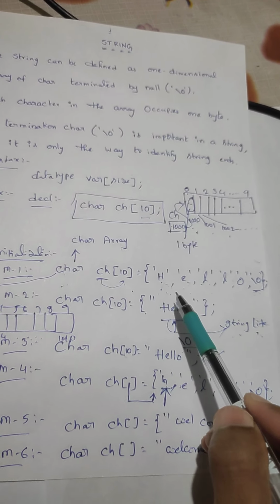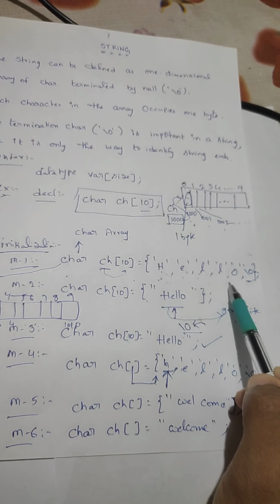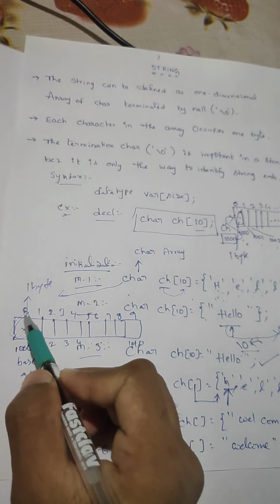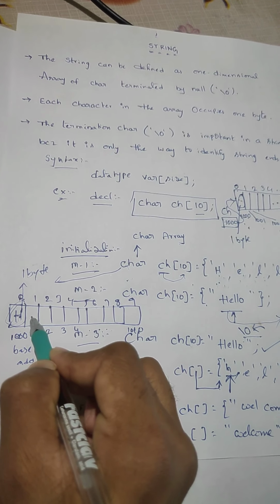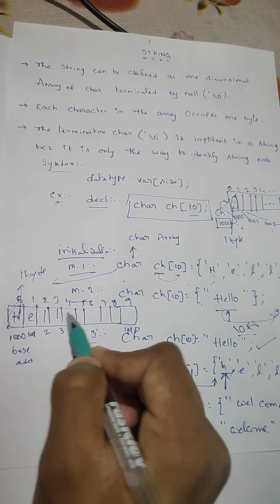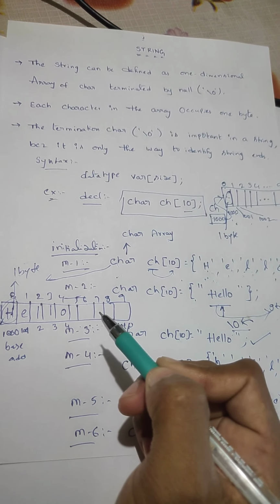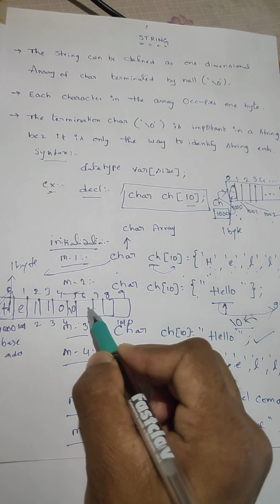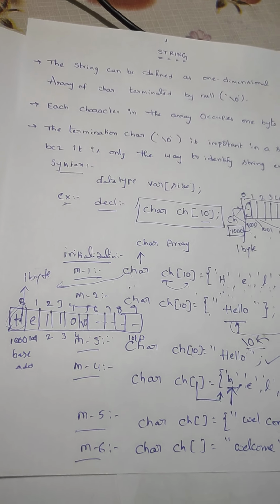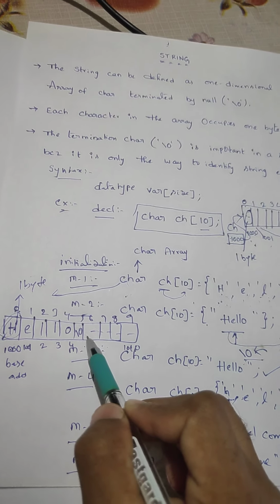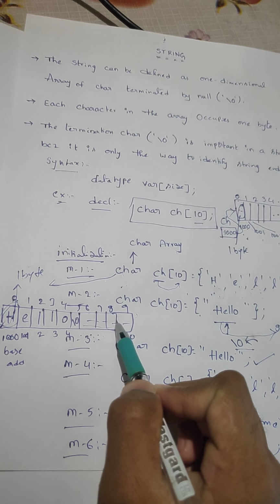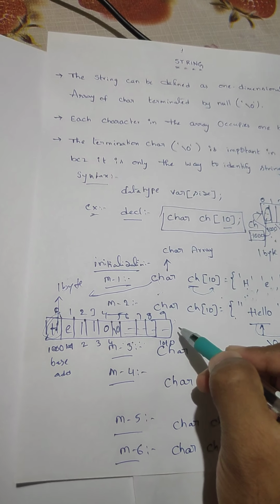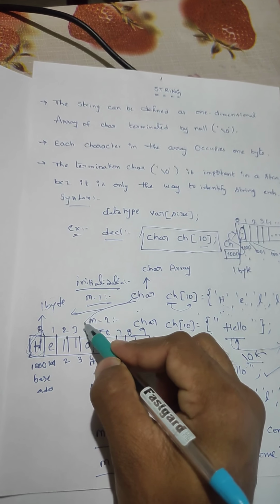After that, how many values are we storing here? HELLO, 5 values, and these values are stored in memory based on the index locations. First H is stored, then E, L, L, and O. At the end of the string, \0 is stored. The remaining blocks are filled with null characters. This is the drawback of using arrays: memory is wasted. This is the biggest drawback of the arrays concept. This is how the memory is created in the method 1 example.